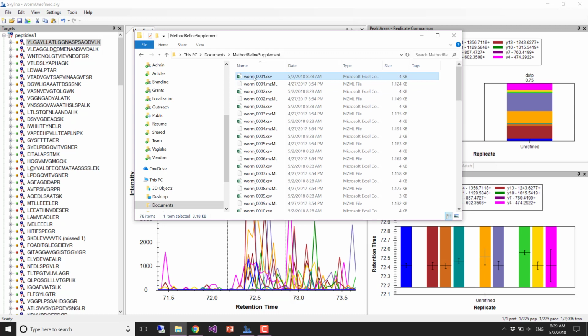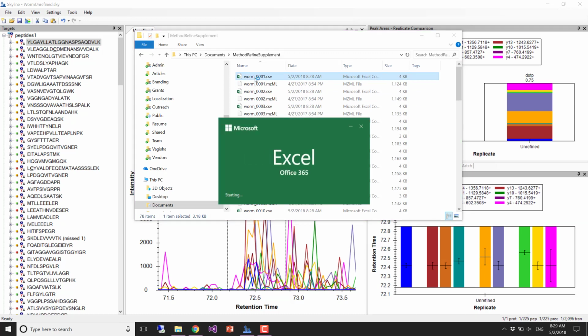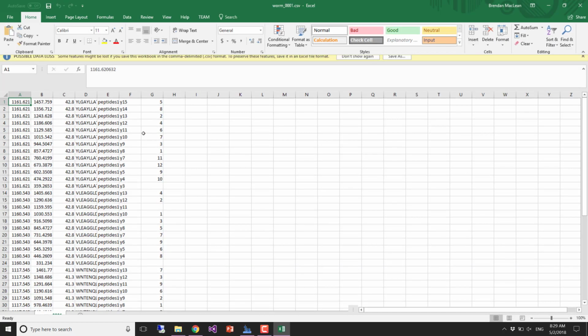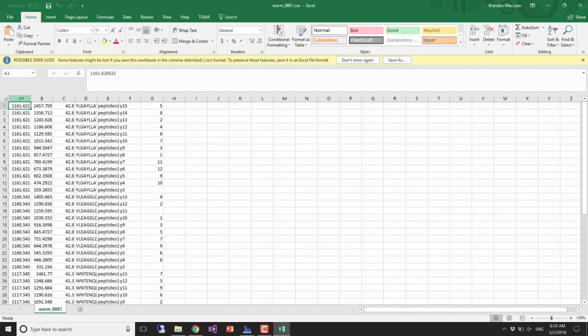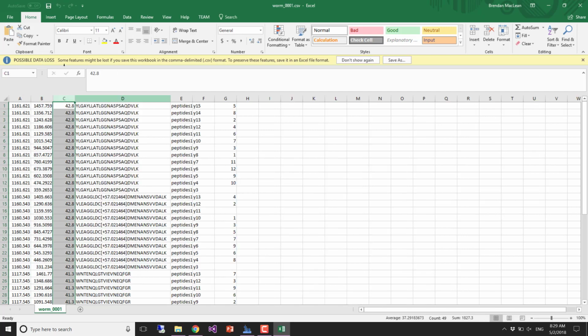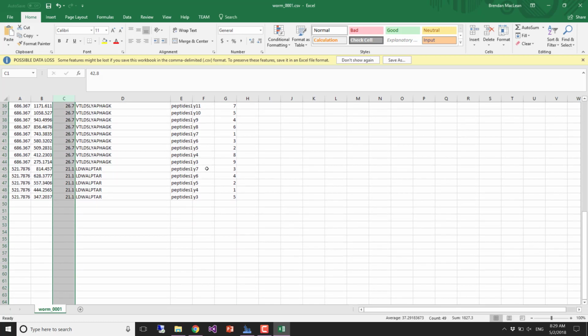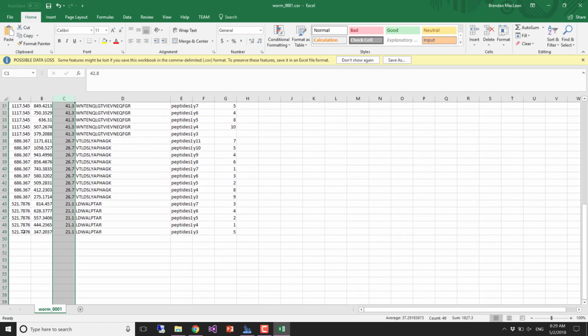So, and then if you look at one of them in Excel, you'll see that we have a Q1 and a Q3. So SRM, triple quadrupole parameters, collision energy, the peptide I'm measuring, the ions I'm measuring, and then you'll see in this case, there's only 49 transitions in this run, because I said 59 is my maximum,